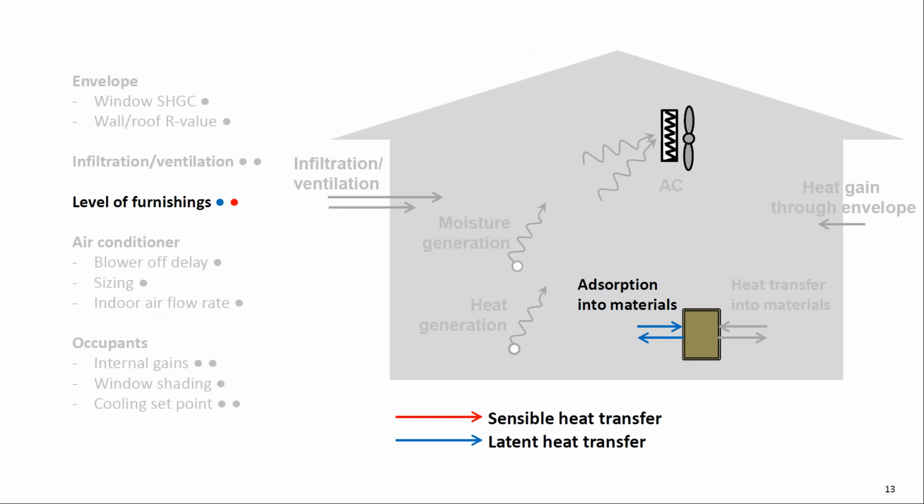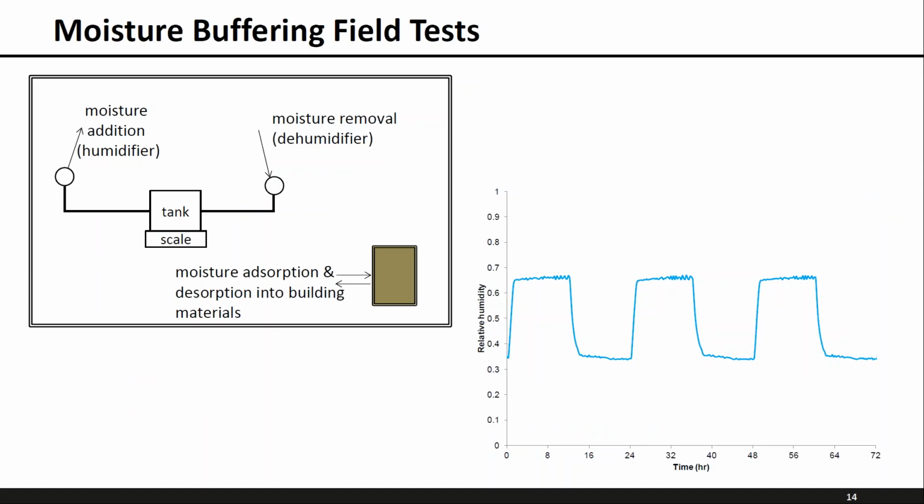Thanks, John. So I'm going to focus primarily on the mass transfer part of the furnishings as opposed to the thermal capacitance part. I think we've had thermal capacitance in our building models for a long time, but we're trying to improve some of the moisture buffering models. So I want to start with a brief tangent to talk about NREL's research in moisture buffering and the field tests we've done in that space to show that our models are based on experimental data.